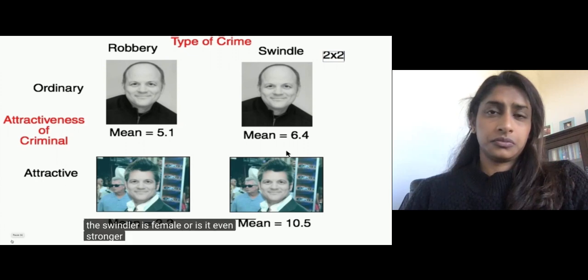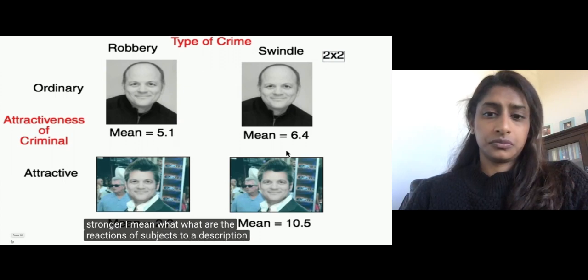Or is it even stronger? I mean, what are the reactions of subjects to a description of a crime and attractiveness if the robber, swindler, is female? If I were to do that, I would have a 2 by 2 by 2 factorial design,